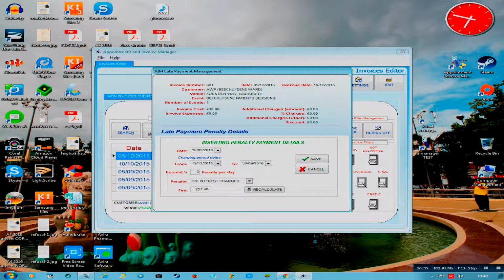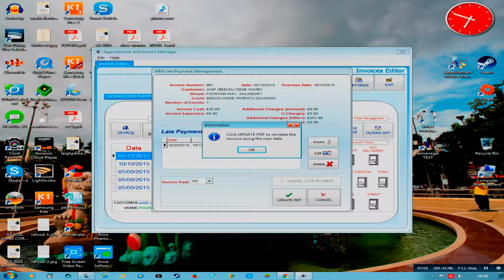So the charging period goes from the end of the invoice to the current date, which is 9 months plus 3%. You can do 3 different references. It's not important what you put, but obviously it appears on the invoice. Okay, so we do that,